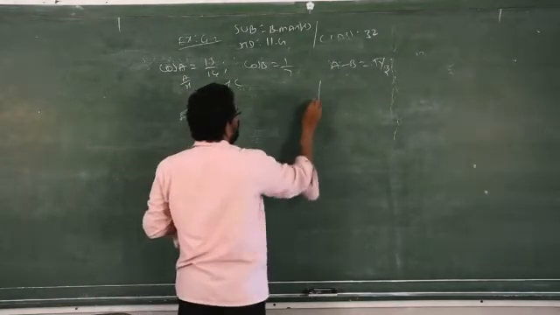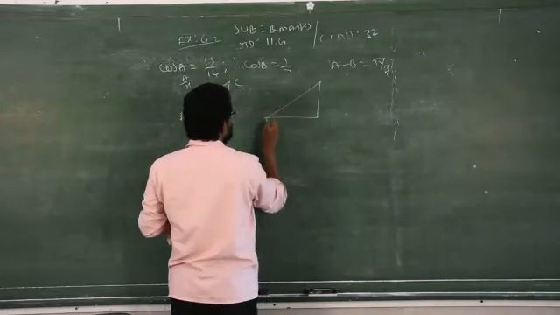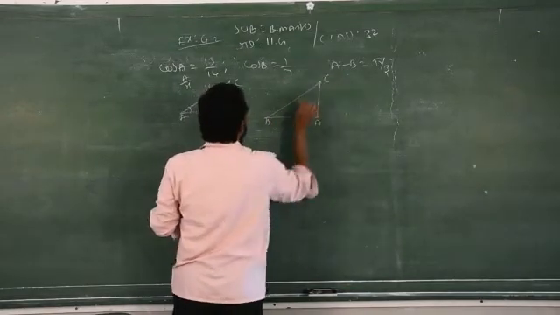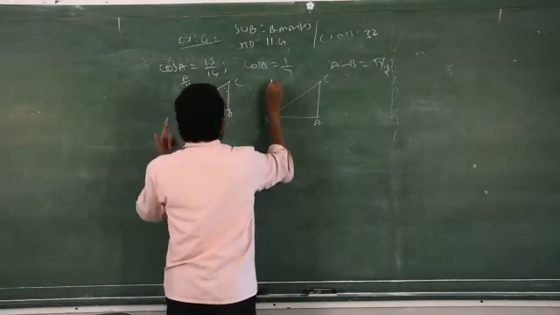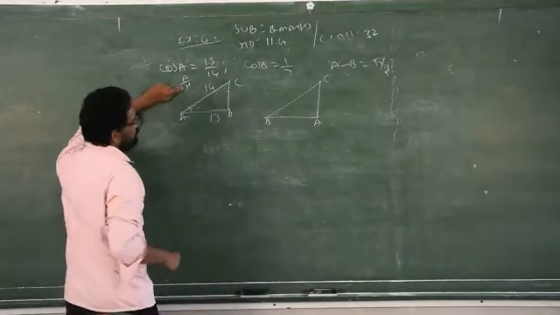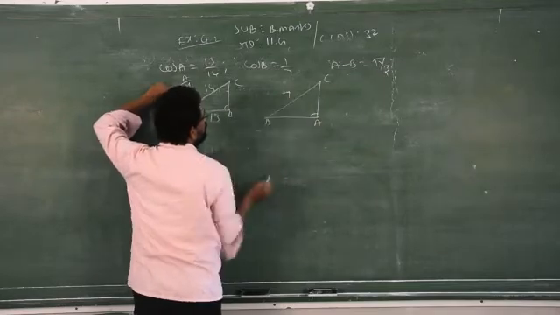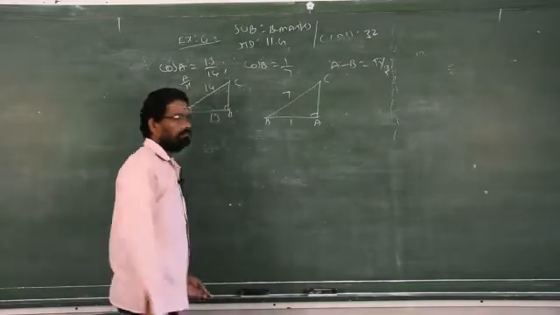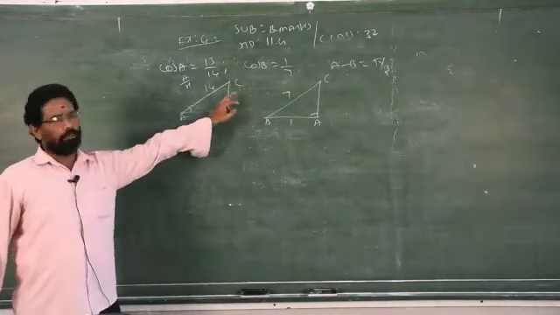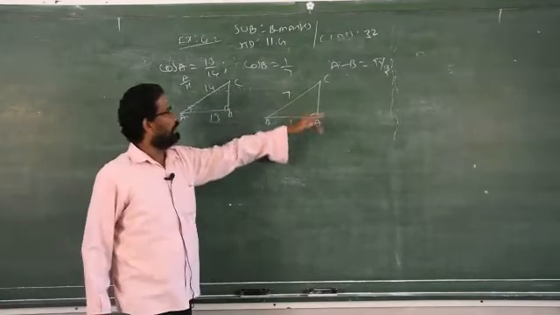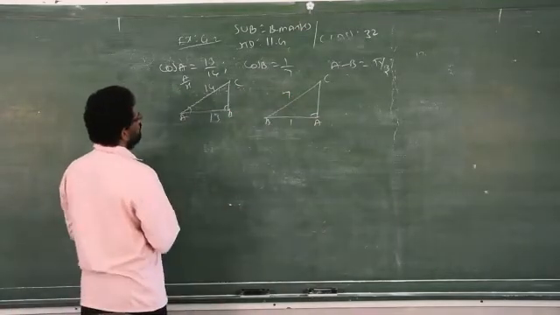So for that, here it is given B. So A, B, C. This is what? Again adjacent by hypotenuse. What is adjacent side? This is 90 degree. So hypotenuse is 7, adjacent is 1. So based on this information, you have to find out opposite sides. Find tan A, you will get answers.